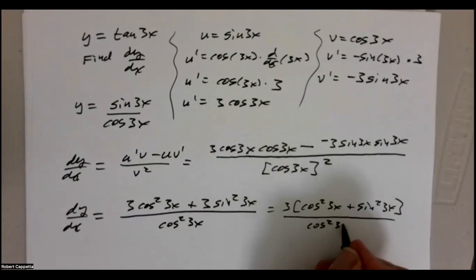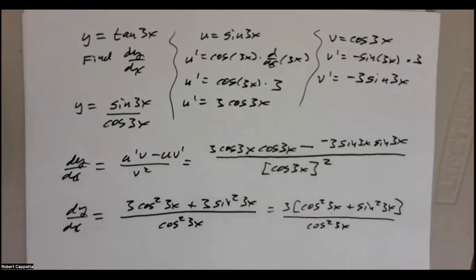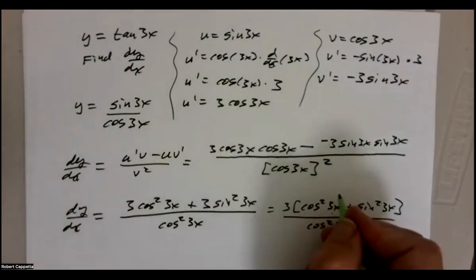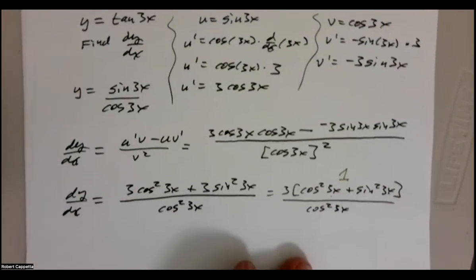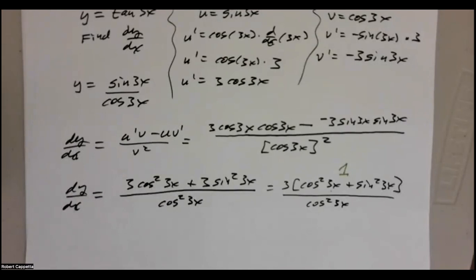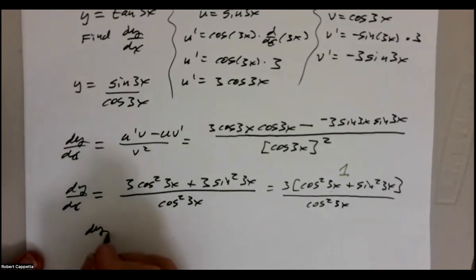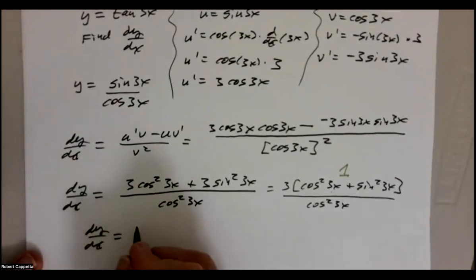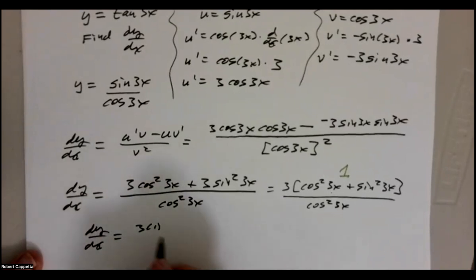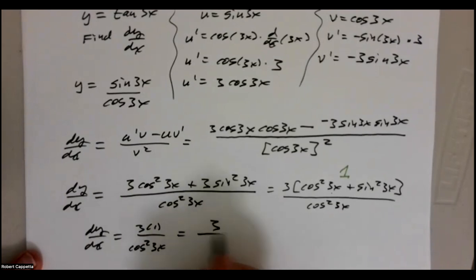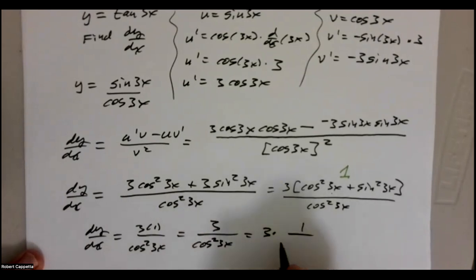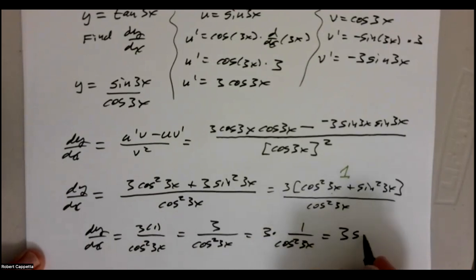But what do we know? Cos squared theta plus sine squared theta is 1. This is our favorite identity from trigonometry. So dy dx is 3 times 1 over cos squared 3x, which is 3 over cos squared 3x, which is 3 times 1 over cos squared 3x, which is 3 secant squared